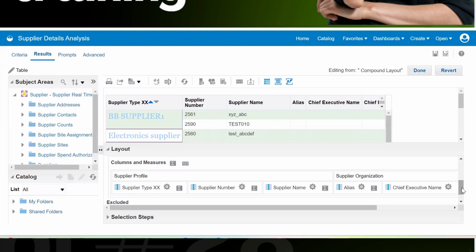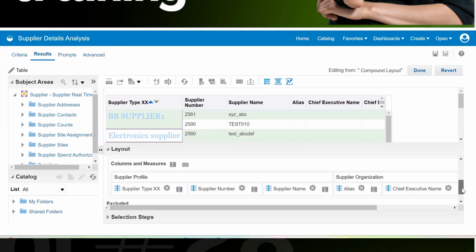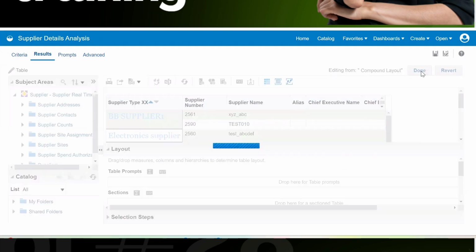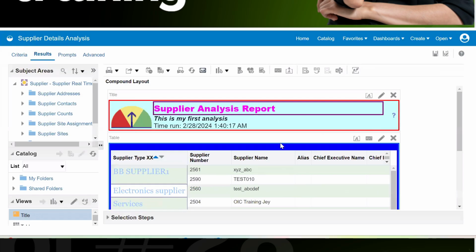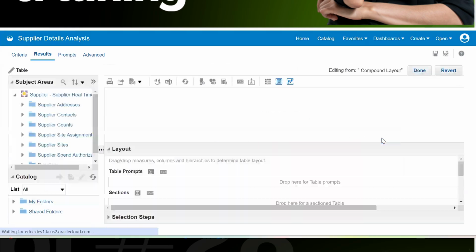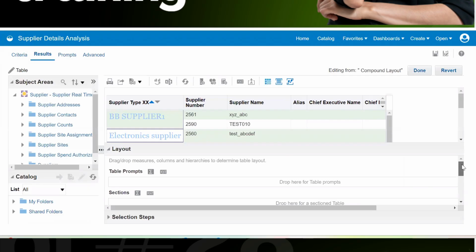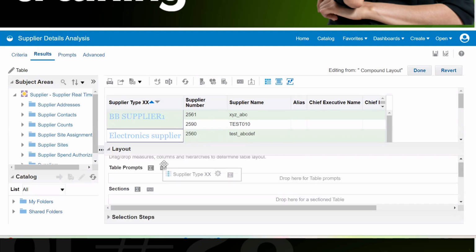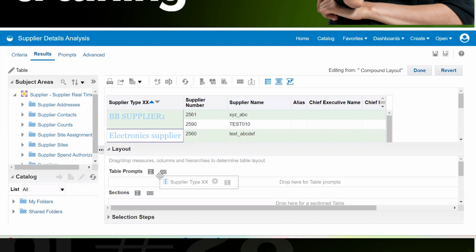So no coding, nothing is required. The only thing is we should come to the table edit section. Once we come to the table edit section, the column that you are interested in, select that particular column and drag it to the table prompt section.